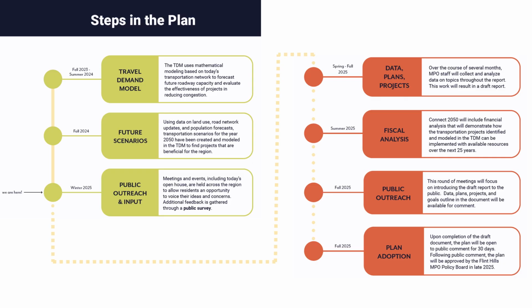The next step in the travel demand model process is to identify projects that may address any of the capacity issues the various model scenarios presented. Some of these, such as the US 24 corridor from Manhattan to Blue Township, have existing plans and designs that need to be constructed. Projects identified will be assigned costs and timelines, and then a full fiscal analysis of revenues and road expenses will be completed. The outcome will be to demonstrate how the projects identified can be implemented over the next 25 years. However, the overall lack of congestion on most of the region's roads is a big positive and will result in the continued focus on maintenance and preservation of existing roadways.